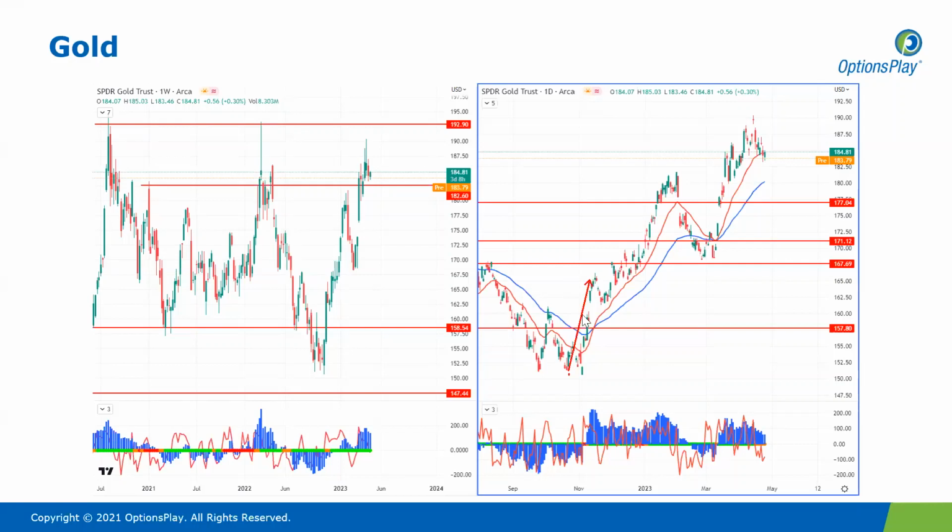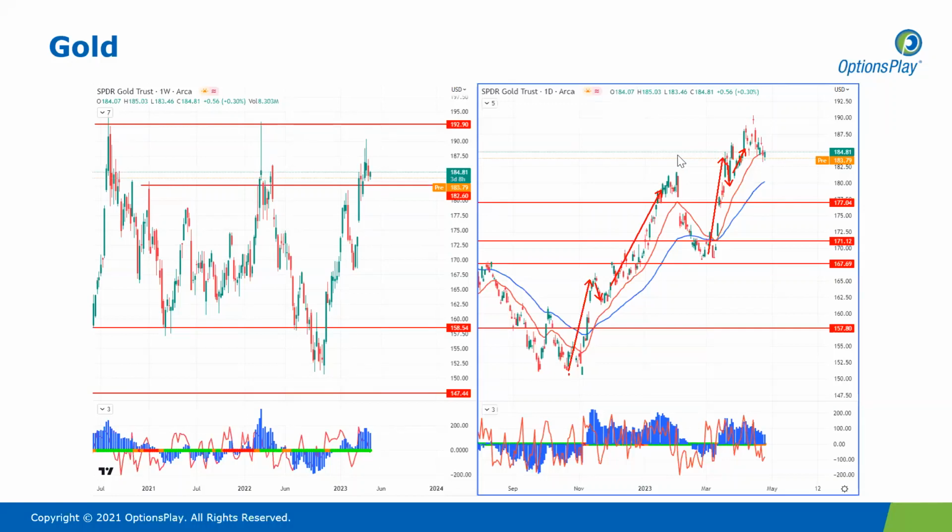So similar to the move that we saw in November, we're seeing that move in the last few weeks as well, followed by a small, very limited pullback, and price staying above that 21-day exponential moving average. So that just speaks to the amount of momentum that gold had. And also, over the last few weeks, it was able to stay above the 21-day exponential